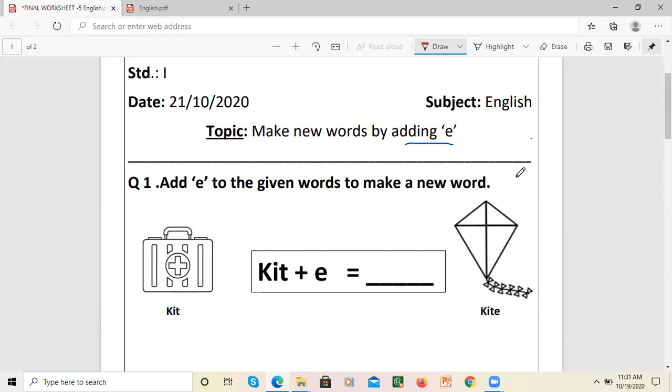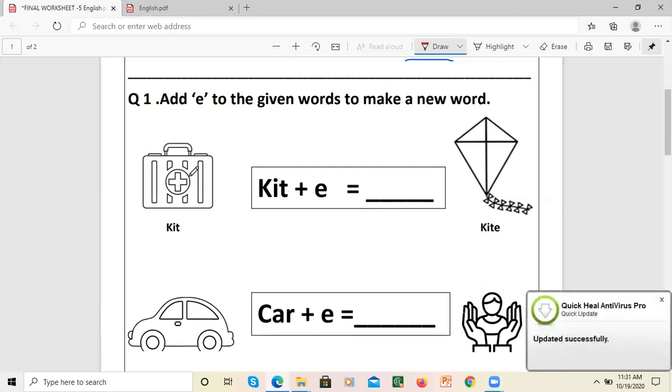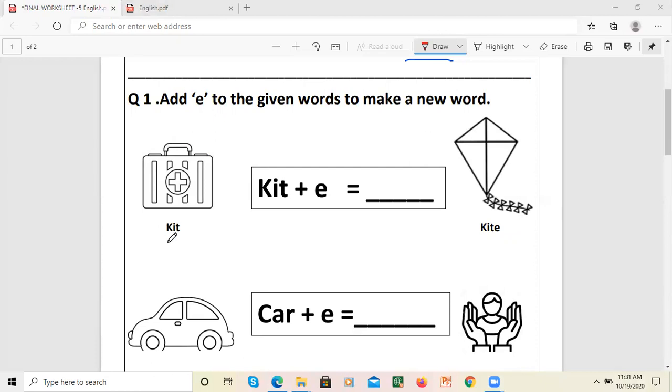So, if you see here, first of all, use this worksheet to color the pictures as well. Will help you color your strokes in the examination, and also for learning, it will be a fun activity for us to do colors. Let's read the word KIT, kit. What is this? This is the doctor's kit. As you can see, it is the doctor's kit, isn't it? There's a plus sign here. And this is a kite.